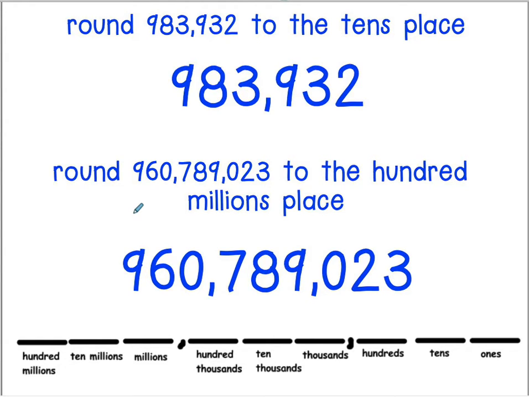983,932. We're supposed to round it to the tens place. Here's the tens place. A 3. We look next door. Our neighbor is a 2. He says that the 3 should rest. So we leave our 3 the same. We change our 2 into a 0. And then we leave all the numbers, no matter how many they are, to the left the same. Now I have